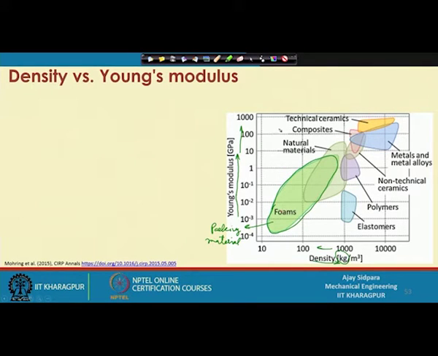Then what is important is that we are looking at this area, and even some ceramics are included here, because we want that our workpiece or construction material should not deform. So, we need a high modulus, but we also have to think about the weight of the component, that is, per volume how much is the weight. This particular part is very important for our case, where there is a reasonable amount of Young's modulus and the density is also comparatively good. So, we have to look into this particular area.